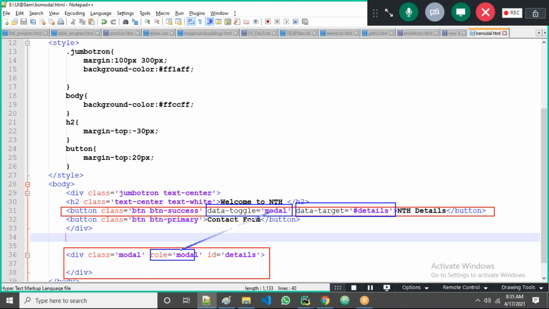The value must match, guys. Next one, data-target equal to #details, and the same I'm using here, ID equal to details, guys. That's all. Now all of you are clear.